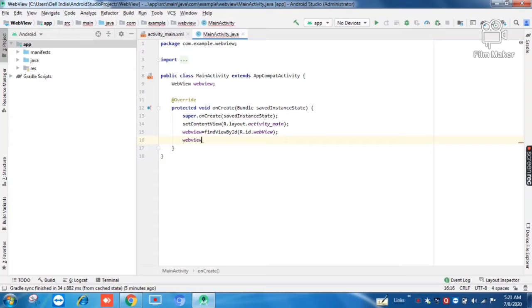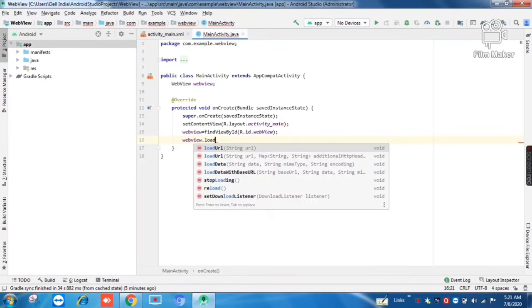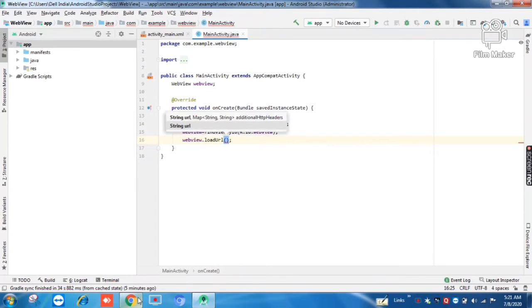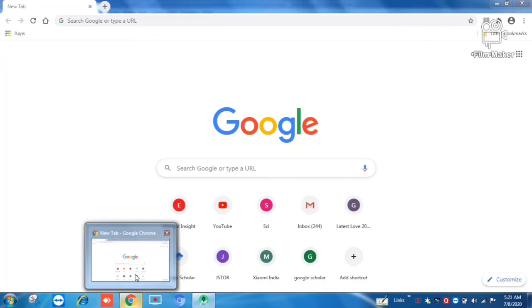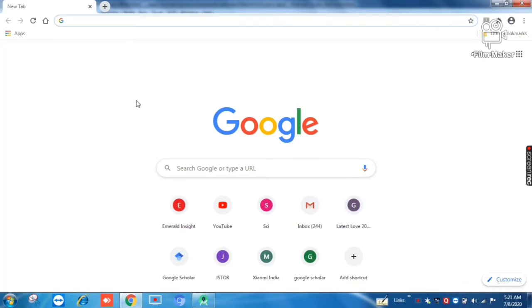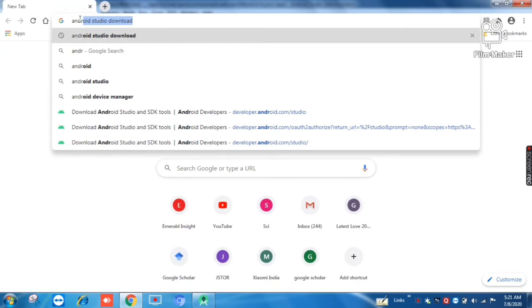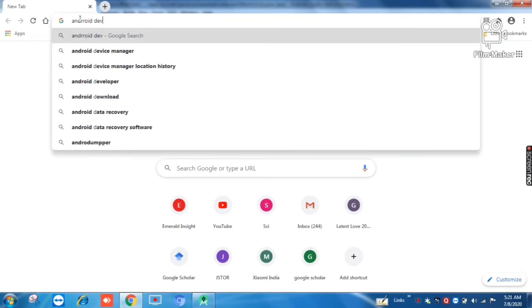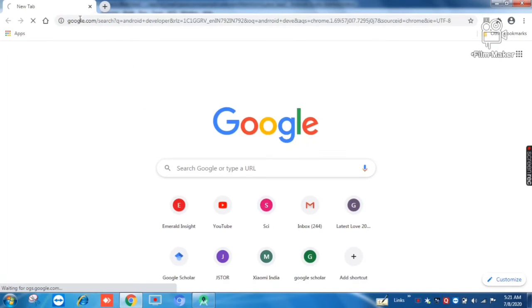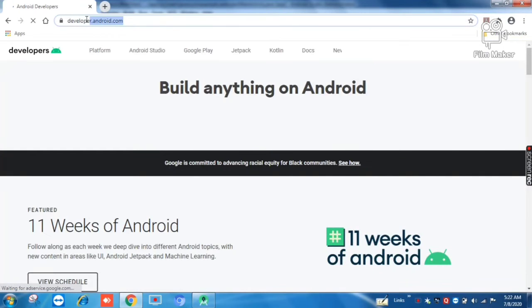Simply type webview.loadUrl and in here, in inverted commas, copy the URL of the website you want to launch inside your application. Let's copy the URL of our Android developer site. You can copy any URL as you wish to. Copy the URL and paste it here.